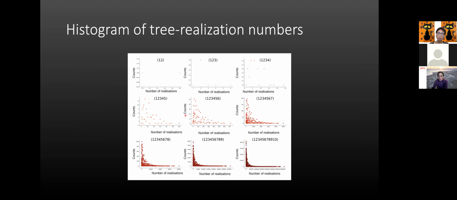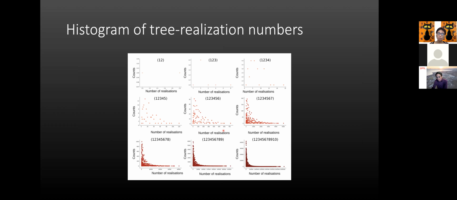So one thing you can say was, well, okay, what do we know about this tree realization number? So all we did here was just say, okay, let's look at, for example, here, something where we have 6 bars, and we look at all the possible permutations of 6 numbers. And here, so there are lots of them. So that's what they're just ordered here along the x-axis. And on the y-axis, it's just a histogram saying how many,